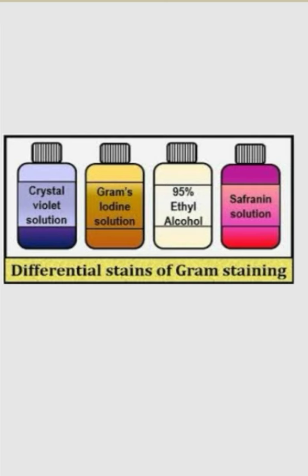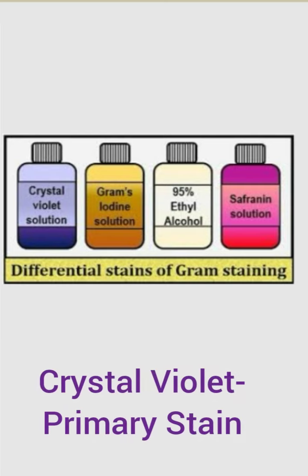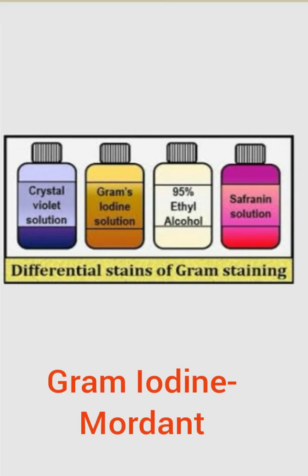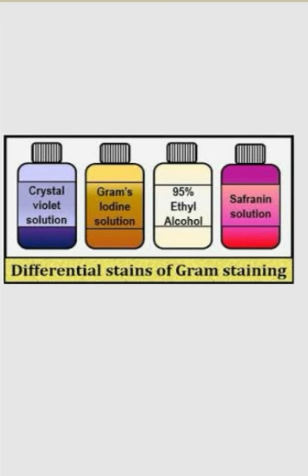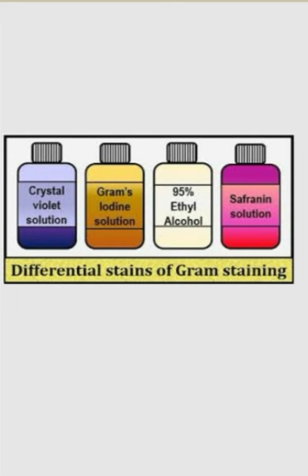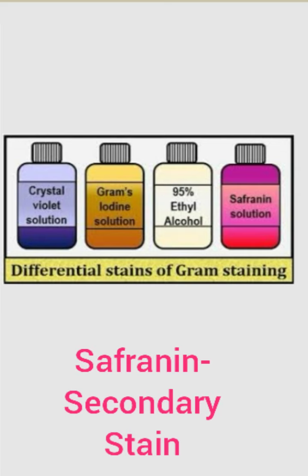He used 4 reagents: crystal violet solution, which is a primary stain and a deep purple-violet color solution, used to stain the cell. Then gram iodine solution, a golden brown solution, which is not actually a stain but a mordant, or a fixing reagent, used to fix the color of the primary stain, that is crystal violet solution. Then 95% ethyl alcohol, used to de-stain a particular cell, that is, to remove the coloring reagent. And then safranin, a secondary reagent, which is a pink colored reagent.